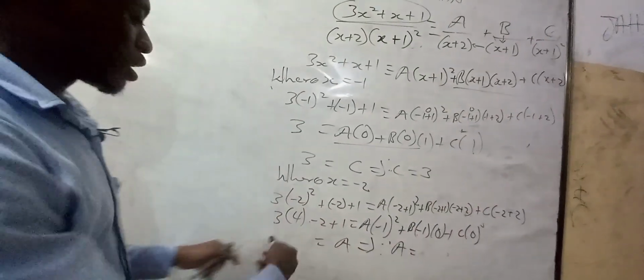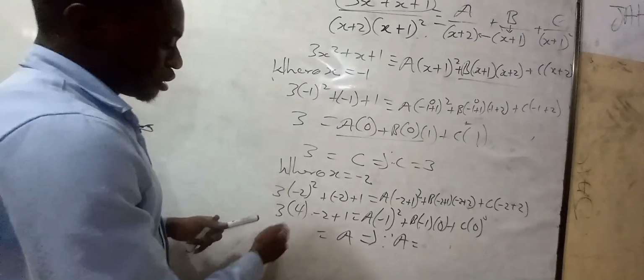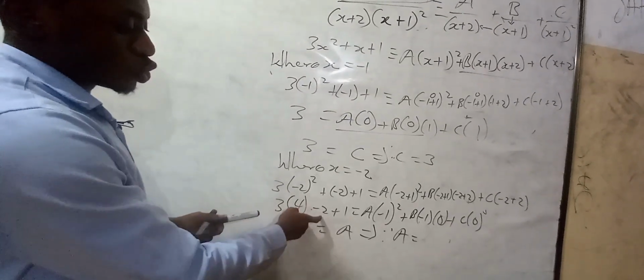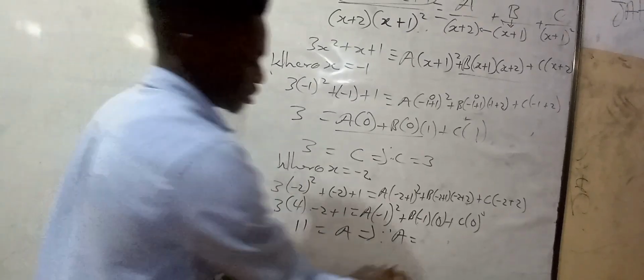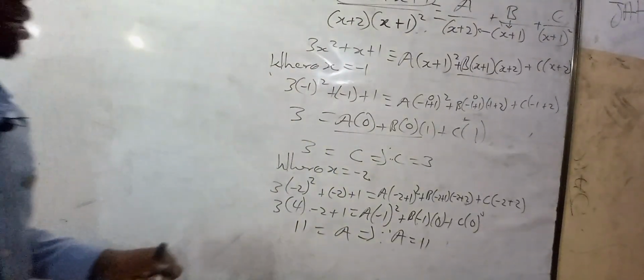Okay, so sorry, the calculation I made here was wrong. This is 12. 12 minus 2 is 10 plus 1, 11, not 9. So here A becomes 11. So let's do